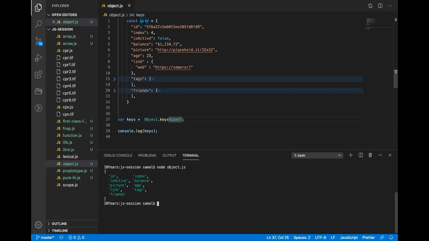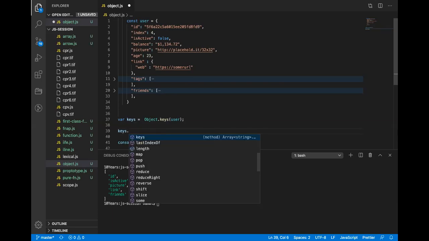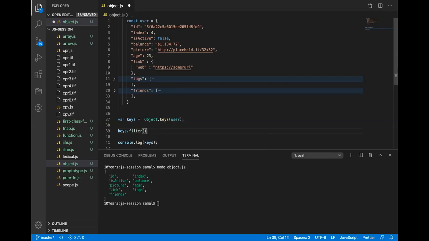Let's say we want to remove all the non-primitives from this object, for example. What we do is use keys, because keys gives an array. So we use the filter function on that array, and we pass a built-in method in that.